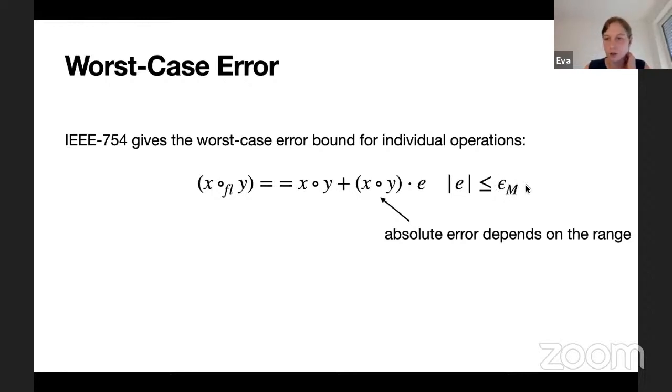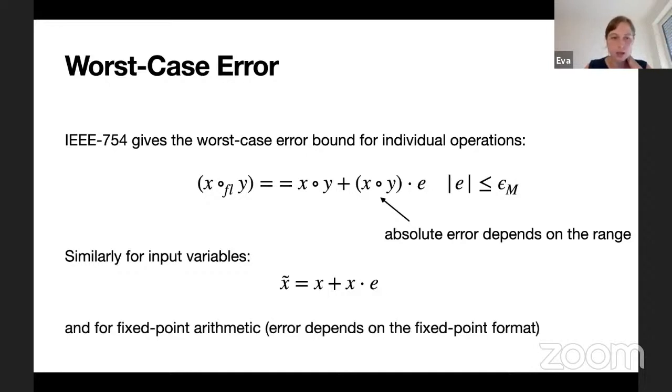This is a value that is different for different finite precisions. So we also see here that the second term is the absolute error, the one that we want to capture. And here you also see that this absolute error depends on the range, which is why we're also keeping track of the range in our abstract domain. Similarly, for input values, they also may not be representable in binary, so we'll have a similar expression. We take the magnitude of x, multiply it with the machine epsilon in this case